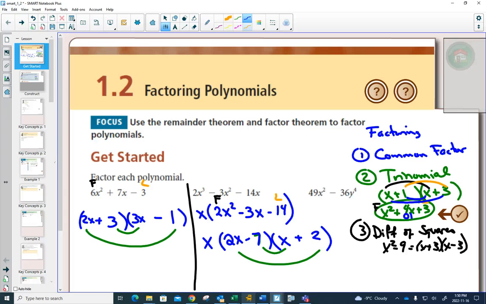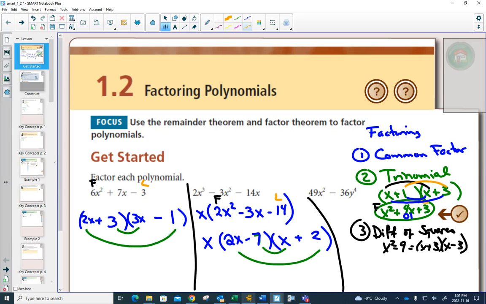So really, a lot of what factoring is, is knowing how to multiply really well, because you're undoing that. If your mental math skills are good in multiplying something out, in FOILing, as we often say, you can undo that when you have to factor. And for the last one